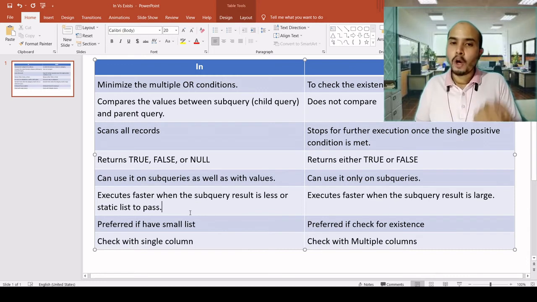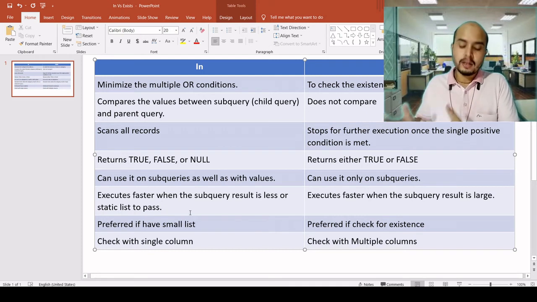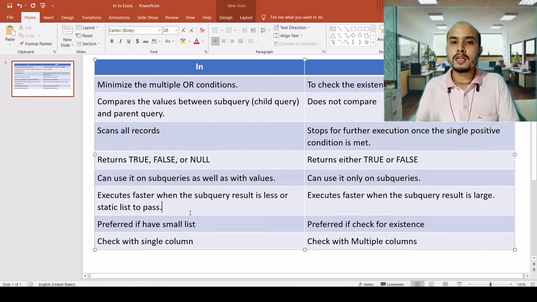Basically, the IN operator executes fast if the number of values is small. If the number of values or the subquery result is too large, the EXISTS operator works well, because it only checks the records. If records are found in the subquery, it gives true, else it gives false.